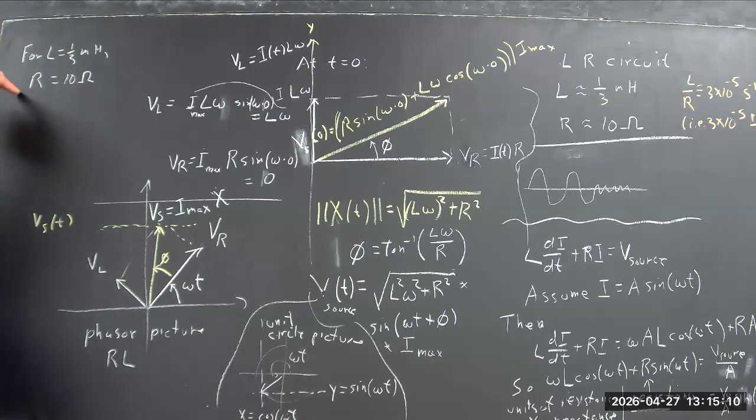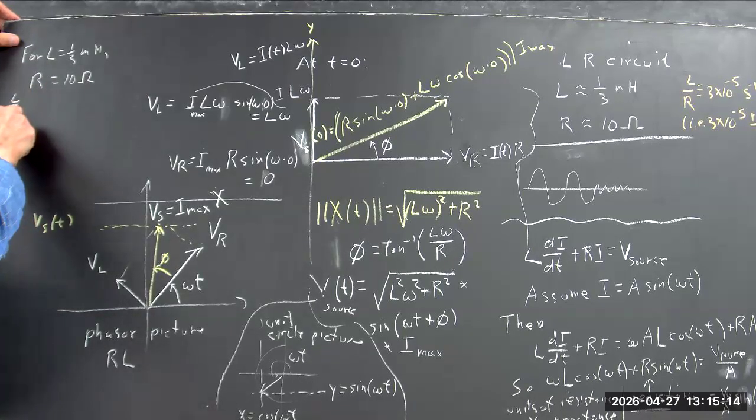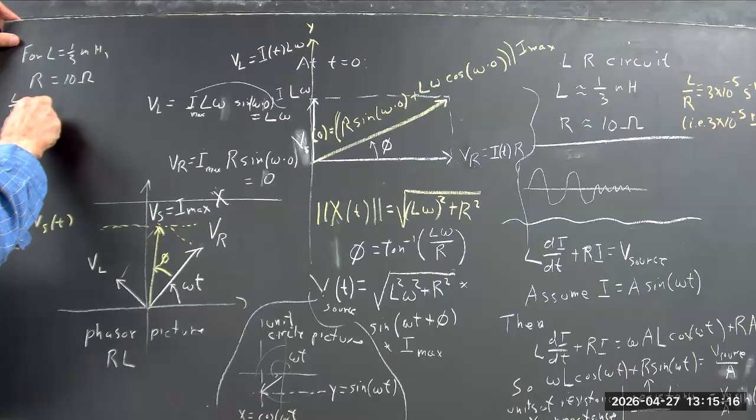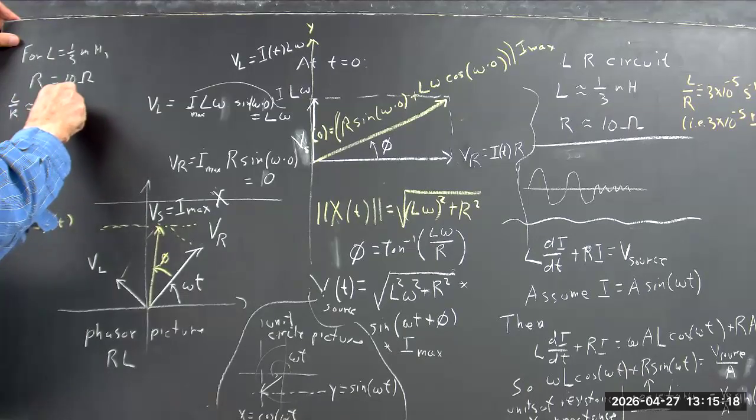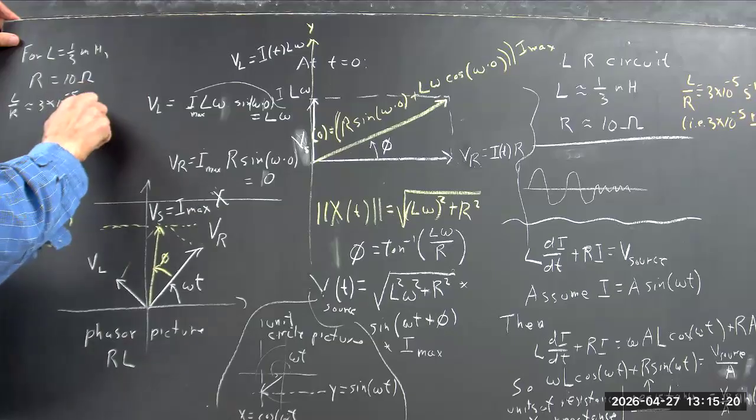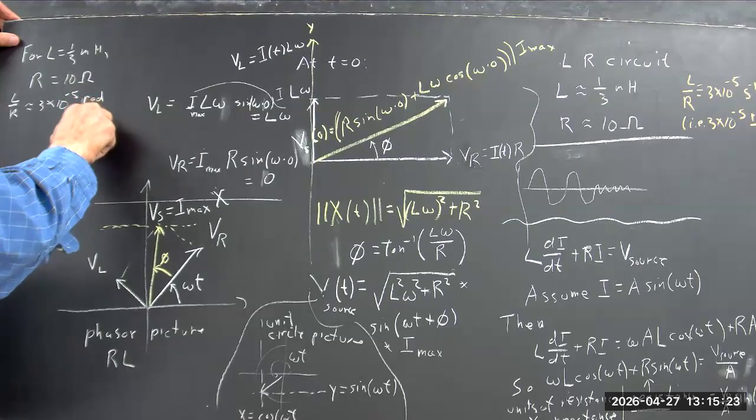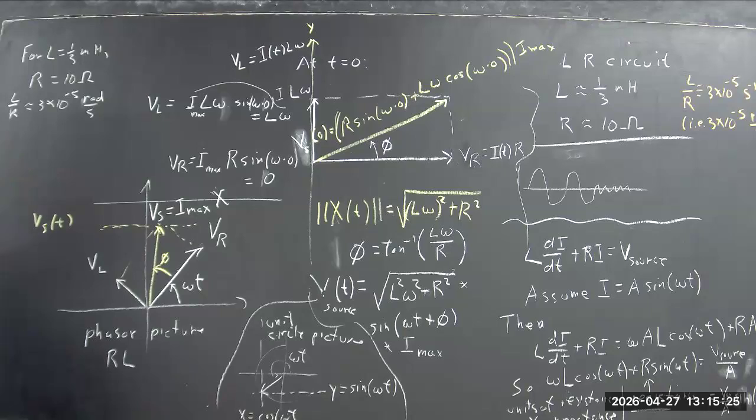L equals 1/3 of a millihenry and R equals 10 ohms. This is 3 times 10 to the negative fifth seconds. Okay. So your phase angle